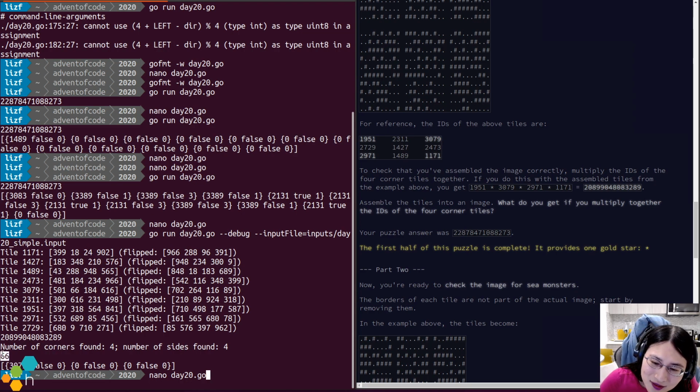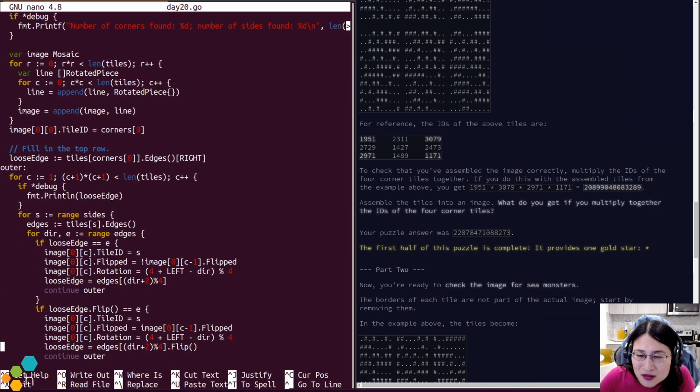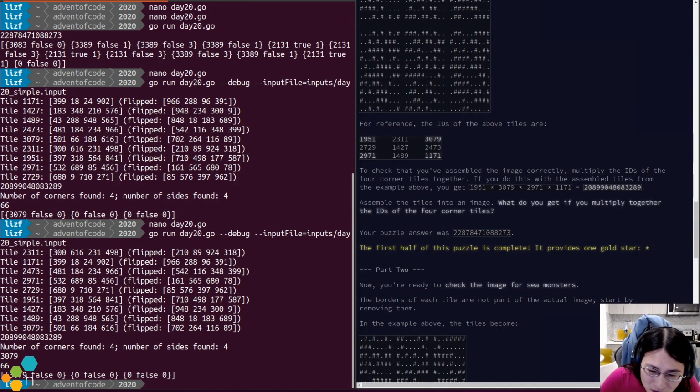Where is 66? So we're starting with the tile ID 3079. Oh, yep, there's the edge 66 there.